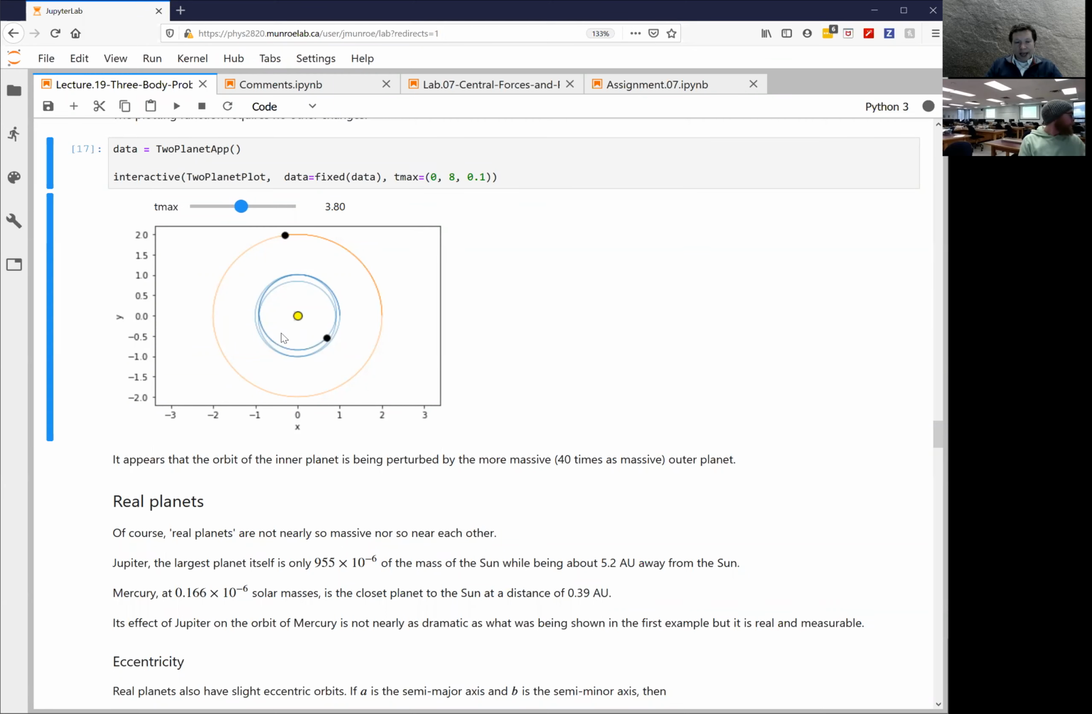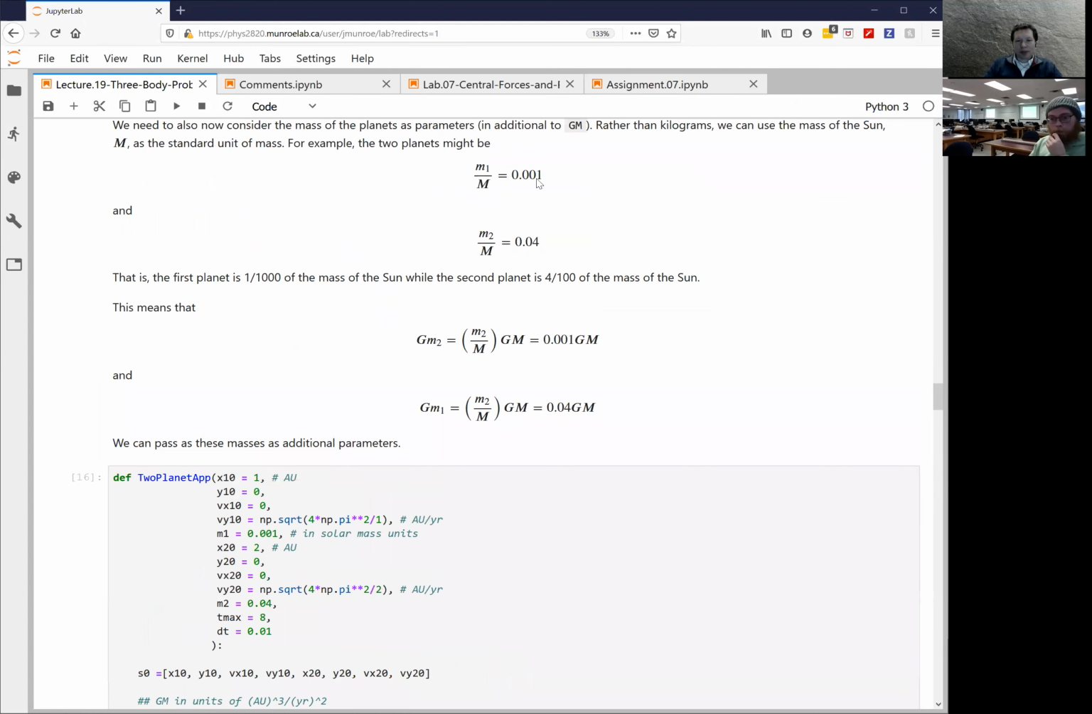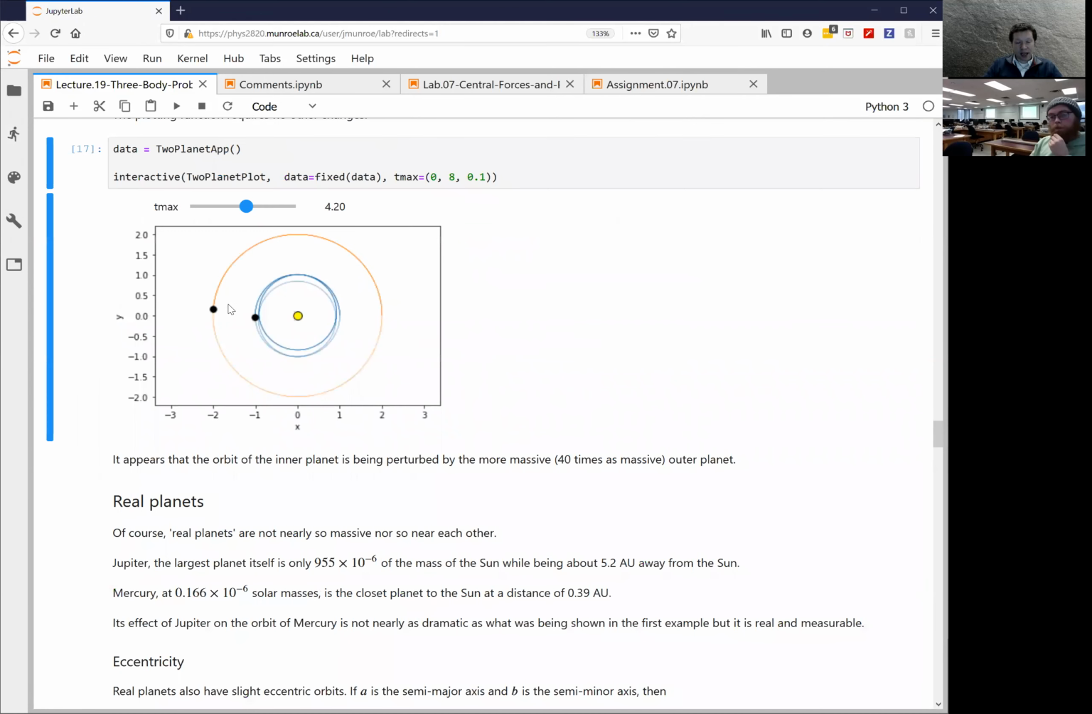So over time, there's a perturbation of the orbit of the inner planet. Now, there's also a perturbation of this planet as well. You can't see it because it's so much more massive than the inner one. We set this problem up so the mass of the Earth-like planet is 1,000th of the mass of the sun, and the second planet is 40 times bigger. It's much more massive, still small compared to the sun, but much more massive. So it's being perturbed only very slightly, and this inner planet is being